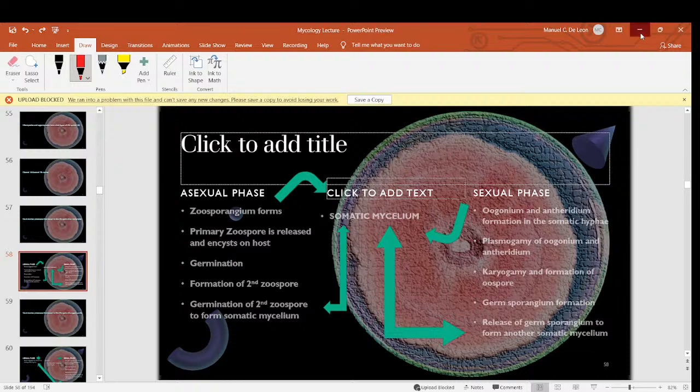All right. But for the sexual phase, let me try and share my Paint box for you guys. Stop presenting this one for a while. All right. And then let's try to present my whole screen for you guys. So my whole screen is this. Okay, share this one. You guys can see my screen, right? All right, so we're gonna go to this part. You guys can see? Yes, sir. All right, wonderful.